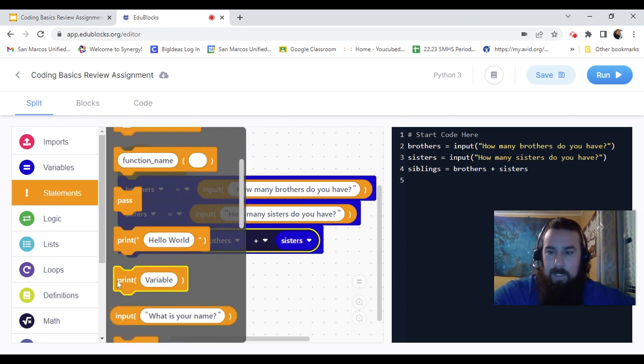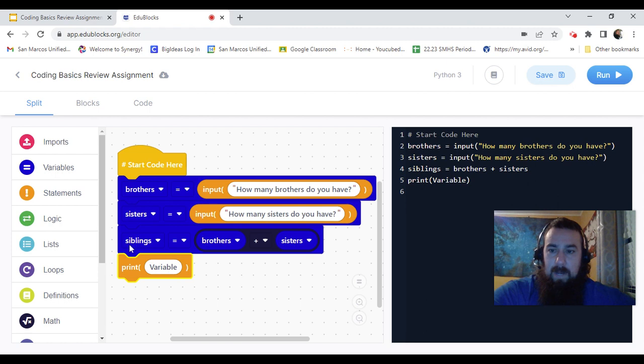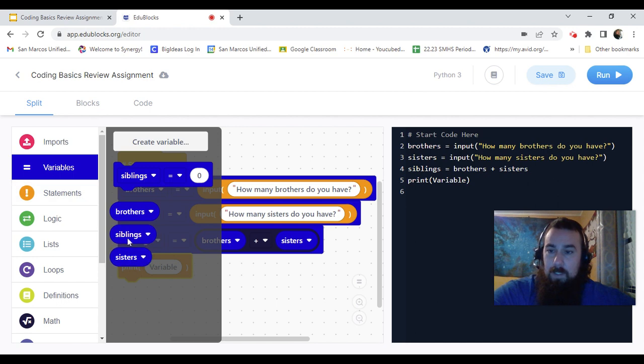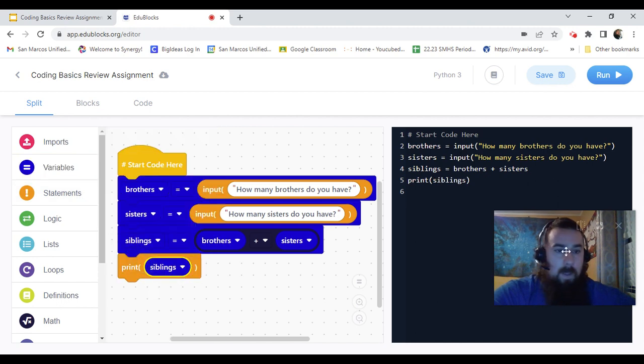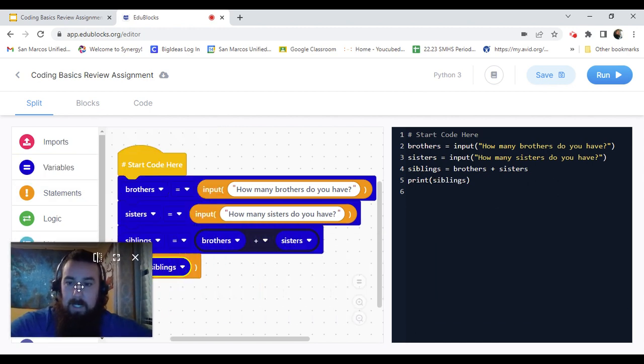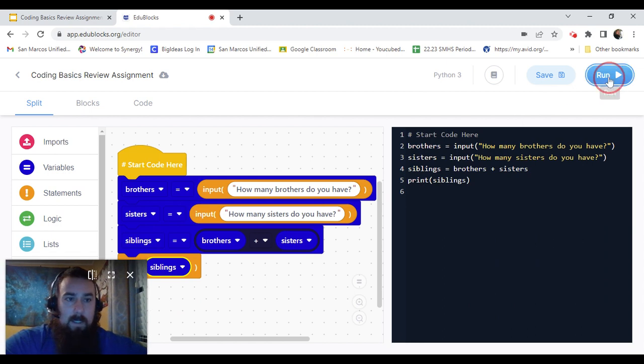So if I want to print, let's print out the number of siblings. It should be the number of brothers plus the number of sisters, right? So variables, siblings, and then I'll put this over here. If I run this,